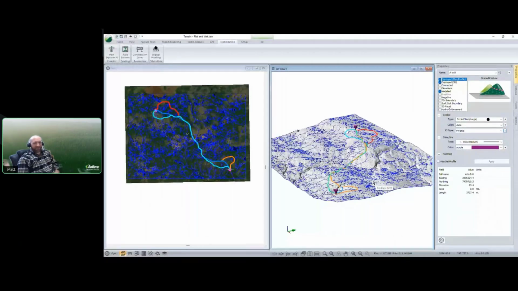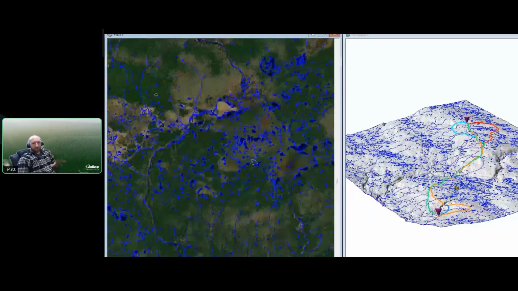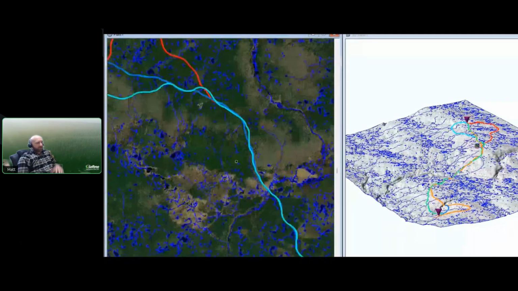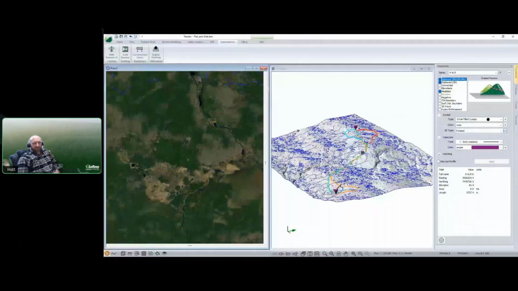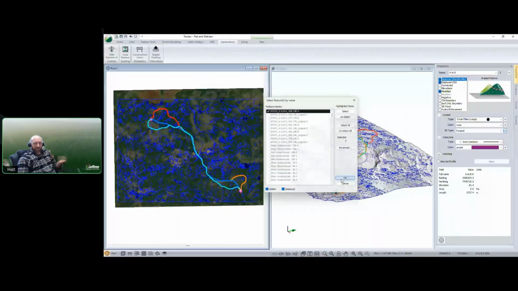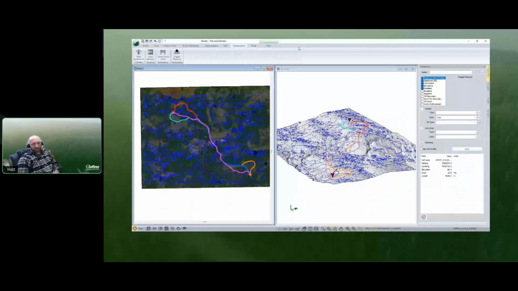So here we've got our different solutions, and we'll just zoom in here momentarily. And we can see whether we're looking at the 3D or the plan, we're doing a pretty good job of avoiding most of the wetlands or the wetter areas. So we've got 5 options, and that would have been an input that we gave the software. Give me 5 options, but if we want to rank those various solutions against each other, we can, and we can see the expected cost being reported there. So that one's our cheapest, makes sense, most direct, but also avoiding a lot of the wetter terrain.